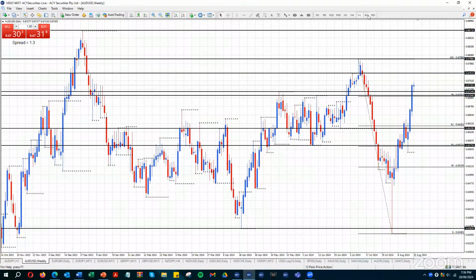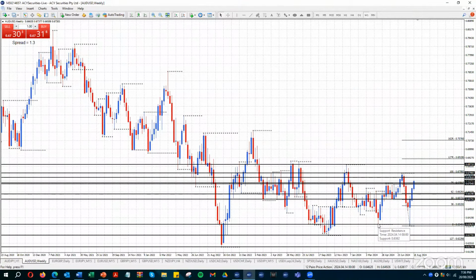So on the weekly chart, there's the potential for, and I said when we put this high in here on the Aussie, I said watch this area over here. So this area here is the top of the range. Of course, this area here is the bottom of the range. So until we get a clear break above or a clear break below, this isn't a range. That is the range. I know it's all screaming up at the moment,